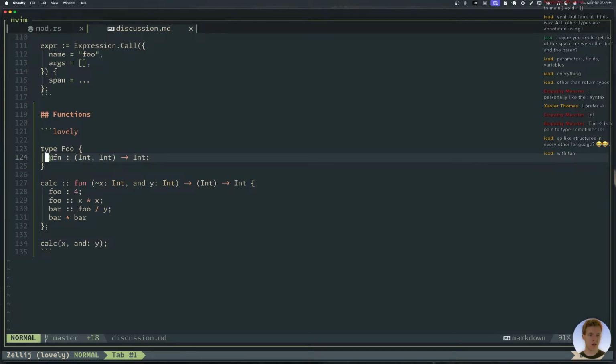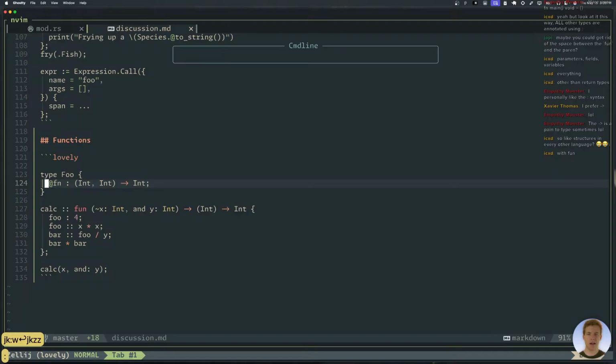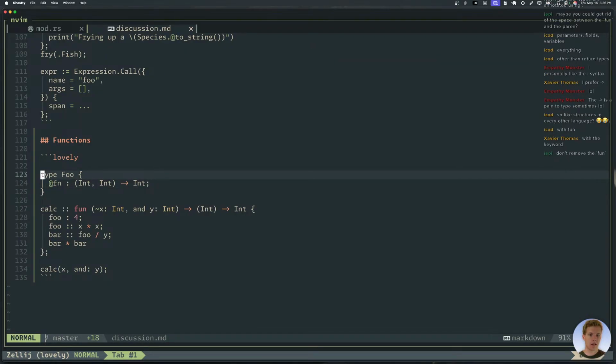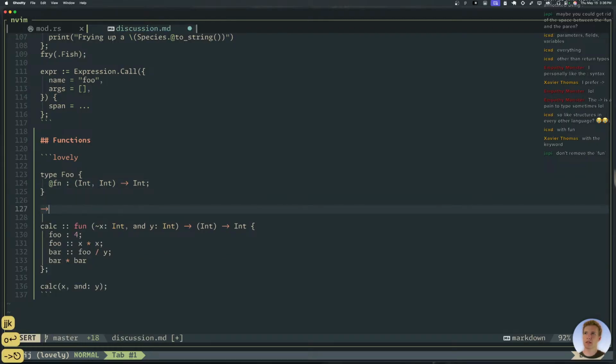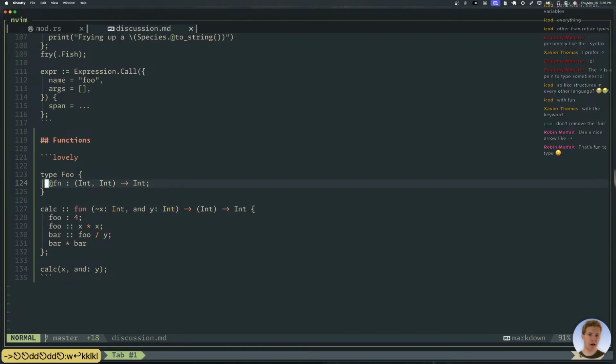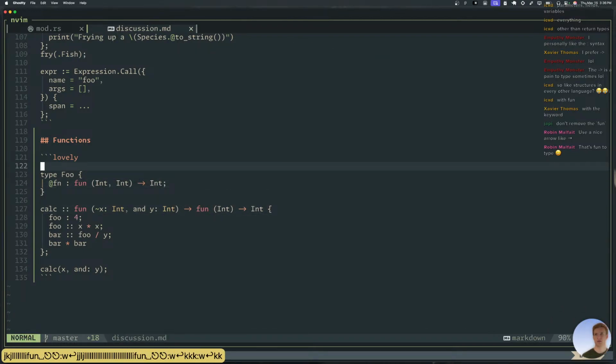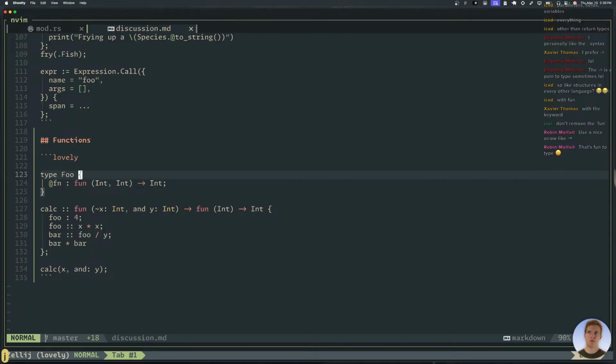So like structures in every other language? Wait, what do you mean by that? I see. Use a nice arrow. I kind of like the arrows. Arrows are kind of nice. Yeah, I think arrows are fun to type. What do you guys think, are arrows bad? With the keyword? You guys want the keyword? You want fun, that to that? Like that? Is this what we want? How do you guys feel about this? This is just a little bit maybe verbose.